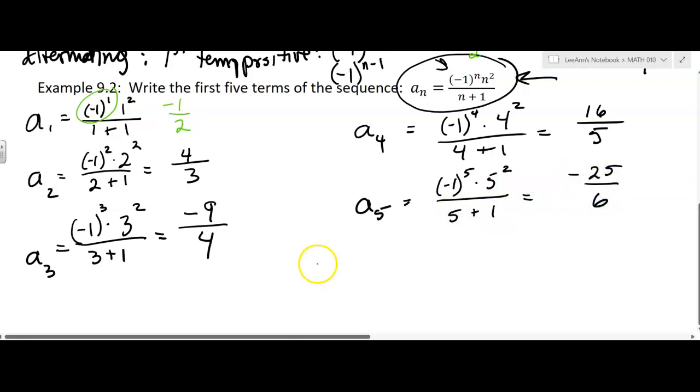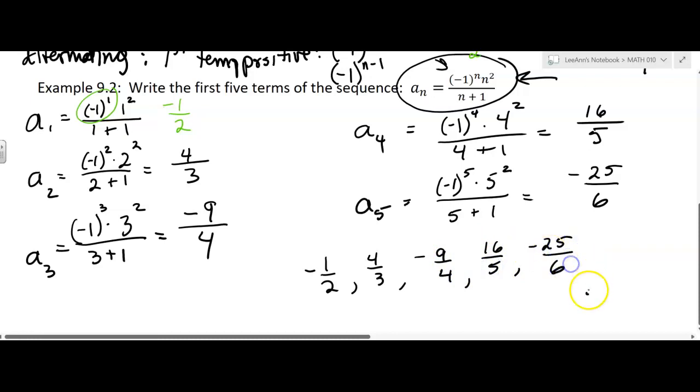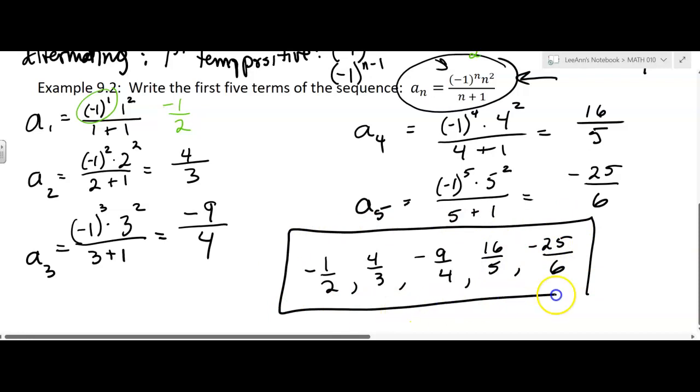So my sequence is going to be negative 1/2, 4/3, negative 9/4, 16/5, and negative 25 over 6. Those are the first 5 terms. I was a rebel and I didn't put the squiggly brackets, so